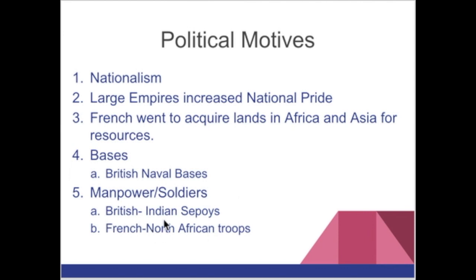So the British had what are called the Indian sepoys. Those were indigenous Indians from India who were loyal to the British and who were employed by the British and by some of their, the British East India Company, which was helped by the British government, but it was a private organization that was making money in India. So they had their own soldiers to protect their